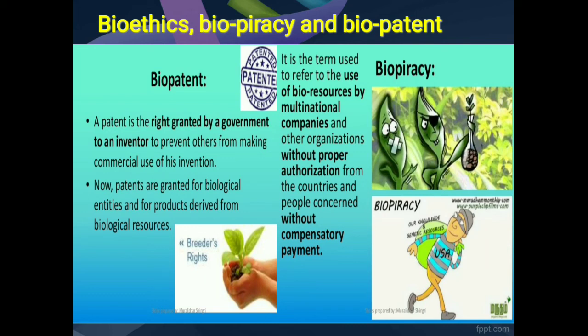It has been grown in India for centuries. There are about 27 documented varieties of basmati grown in India. A Texas-based company got patent rights on basmati rice through the US Patent and Trademark Office. This allowed the company to sell a new variety of basmati, Texmati, in the US and abroad. So, this is called biopiracy and unfair biopatenting.